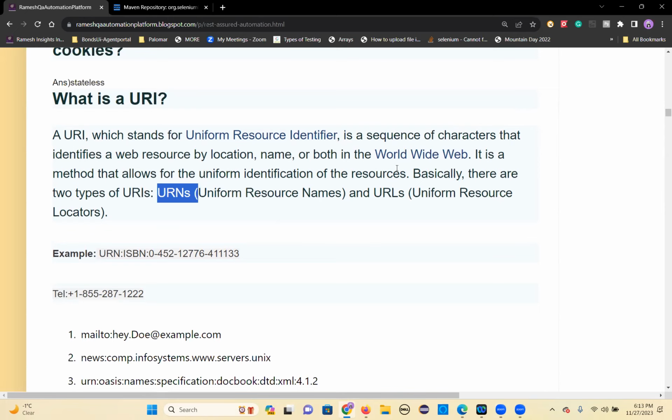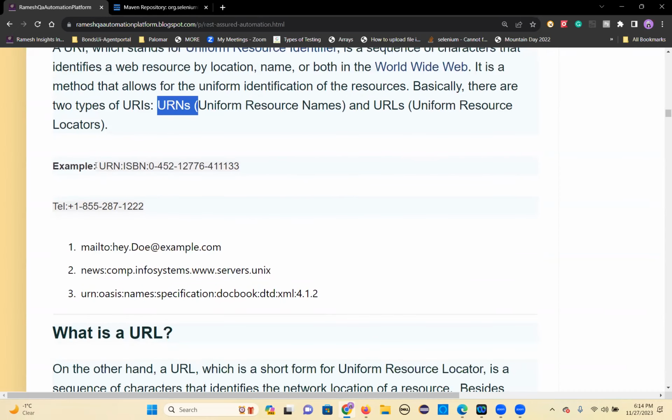It's a sequence of characters that identifies the web service by location or by name or by both, which you can use in the World Wide Web. So it is a method that allows for uniform identification of the resources. Basically there are two types of URIs: Uniform Resource Names and Uniform Resource Locators. An example here is URN colon ISBN